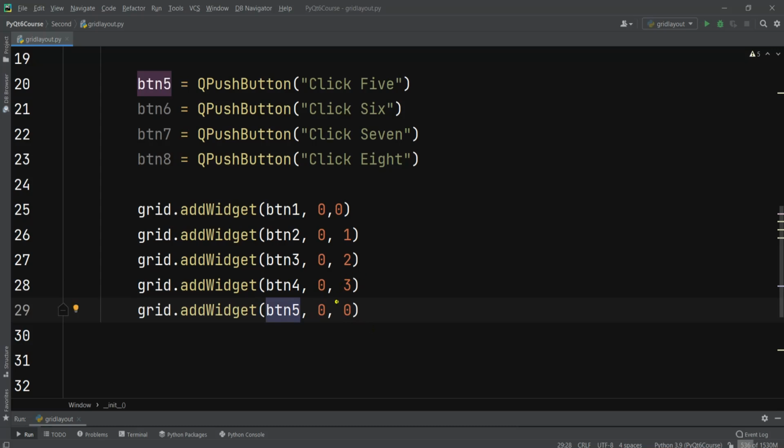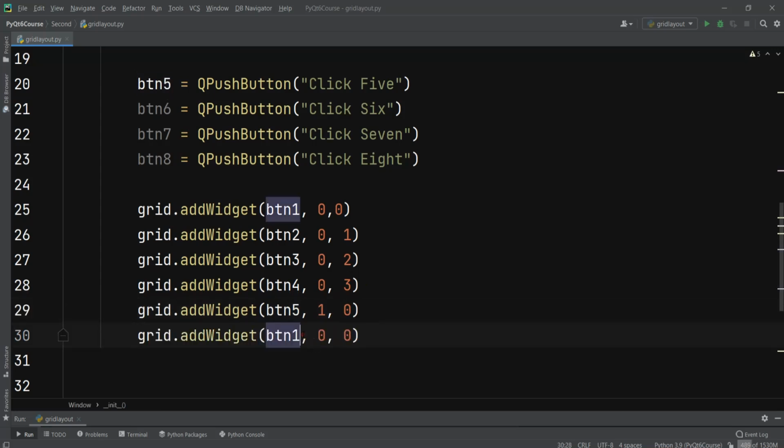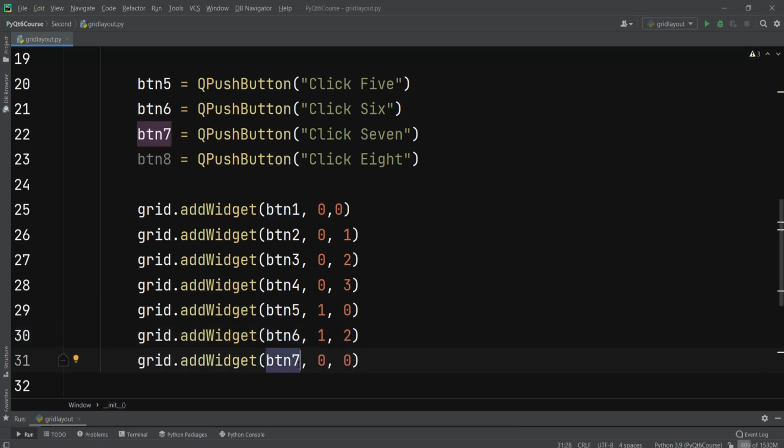Now for the btn5, first row and 0 column, and this is another button, and it should be in the first row and second column, and the btn7, it should be in first row, and